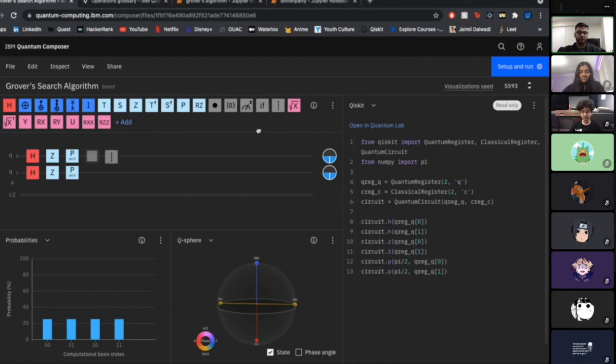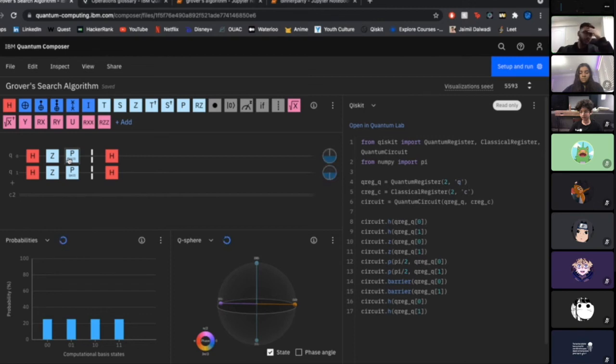There's something called a barrier that we're just going to add. It's just like dividing it up so that we can visualize it. And there's some science behind it, which you might not need to know right now. And this is the first part, which puts them into superposition and adds them up so we can do what we want. And now, what this does is it looks for the most probable one.